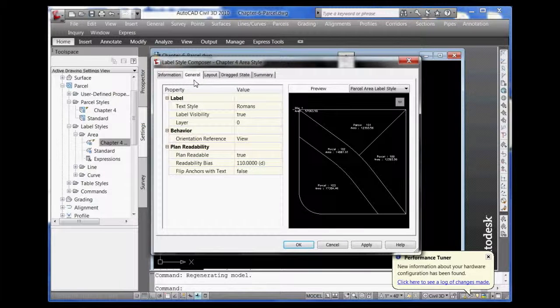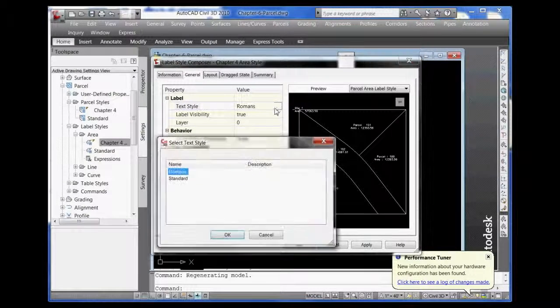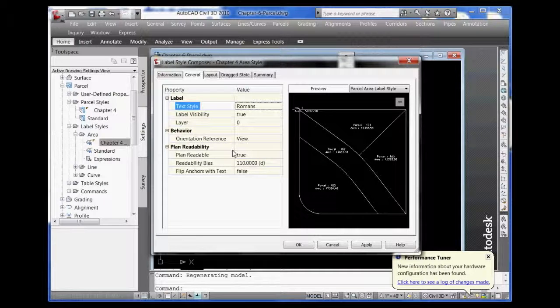And we go to the general tab, and we take a look at the information here, especially under the value, and it looks like under the value we want to go to text style. Let's take a look at the layout tab, and under the text style we want to change this to Roman S, and it's already set to Roman S. So now we go down to the